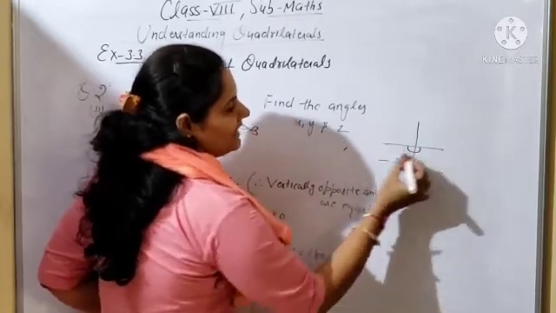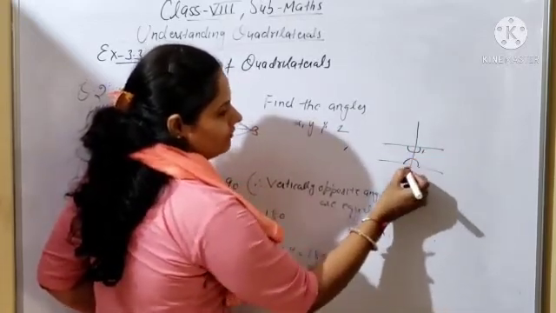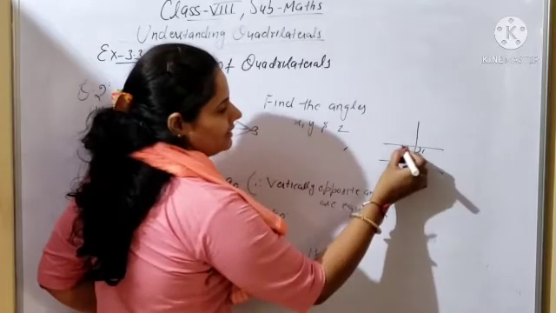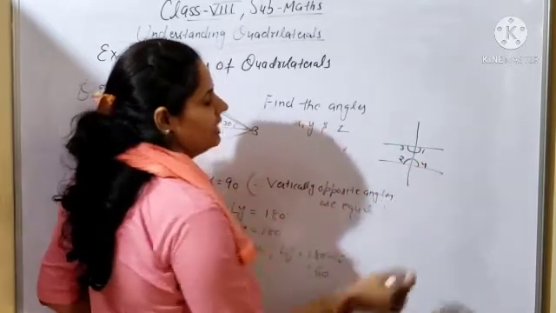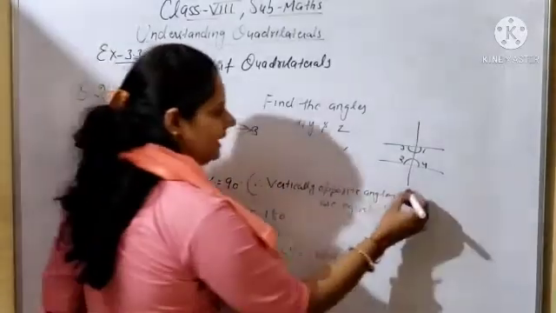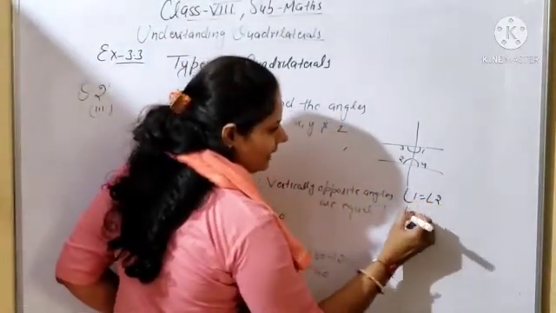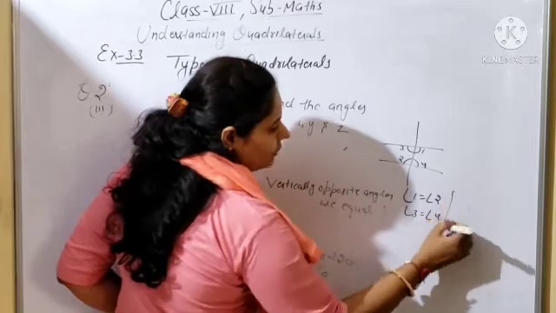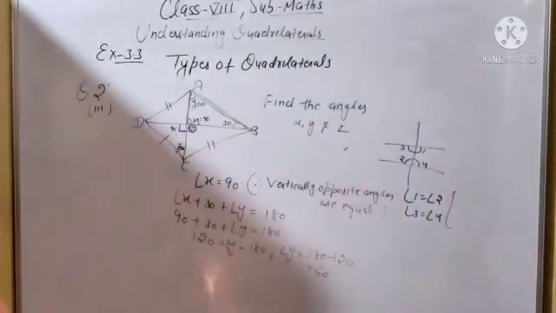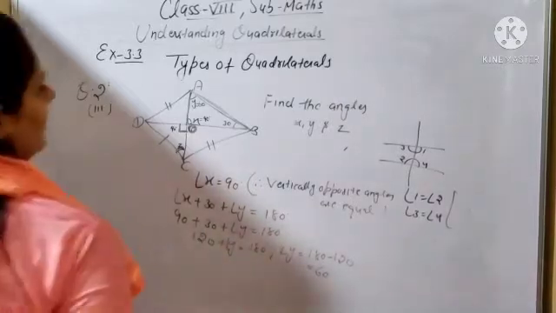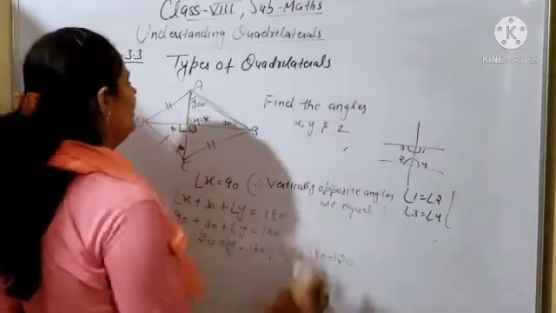So you can say when two lines are parallel, angle 1 will be equal to angle 2, and angle 3 will be equal to angle 4. Because which type of angle? So you can write 1 is equal to 2 and 3 is equal to 4. So what is the reason, beta? Here two parallel lines are cut by one transversal line, so you can say interior angles will be equal. So 1 is equal to 2 and 3 will be equal to 4.